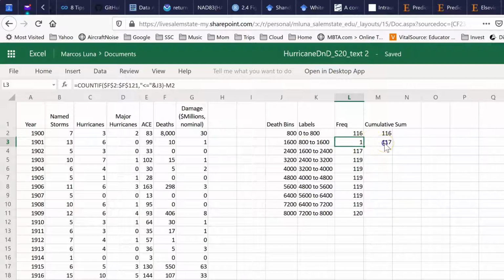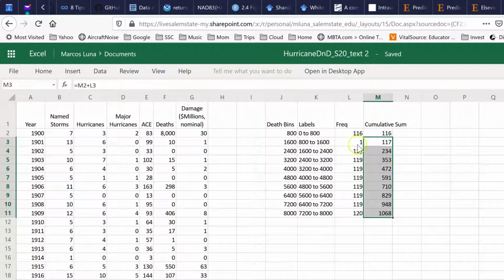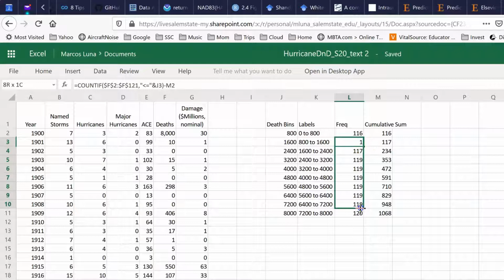Now when I changed that formula, it also adjusted this one. So this is now the running sum that was previously over here. The reason I did that is because this allows me to remove those running sums. So this formula over here, I can copy down, and over here, when I copy this down, they get adjusted. Now you'll see that most of the bins are empty, but we can see, for example, in this bin, for 2401 to 3200, there were 2 deaths, 2 years in which there were that many deaths,